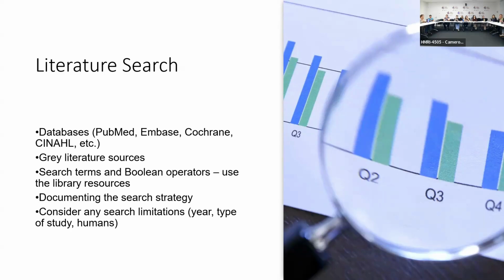A grey literature source is something that you don't necessarily find in the academic literature. It can sometimes be someone's blog, personal experience, those sorts of things. It could be something published on a website or a government document, or a thesis, which may not have had that peer review. Again, your research question may want those sources or it may not.